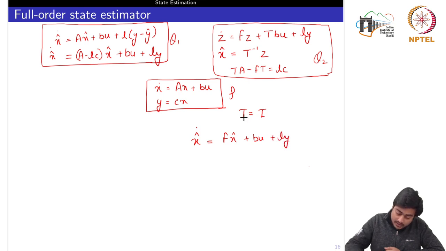Okay, now if I substitute T equal to I into this Lyapunov equation, I would get A minus F equal LC, or I can replace F by A minus LC. So if I substitute this here, I would get A minus LC x hat,